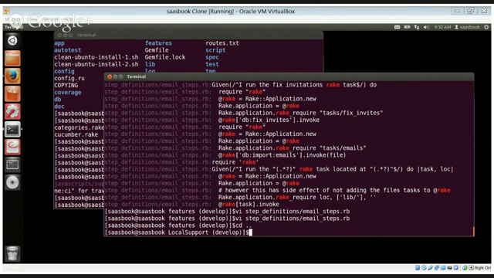Well, I guess it's an admin feature. As a site admin, so that I